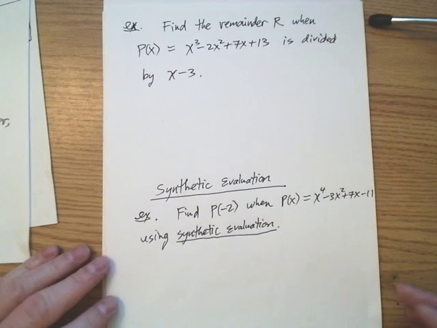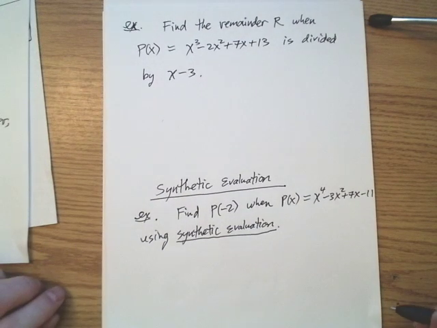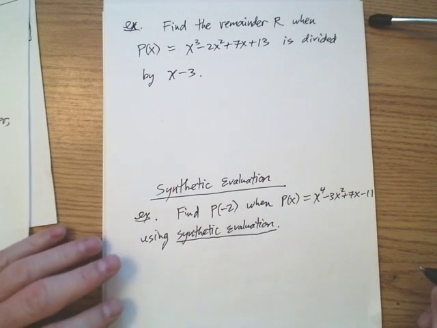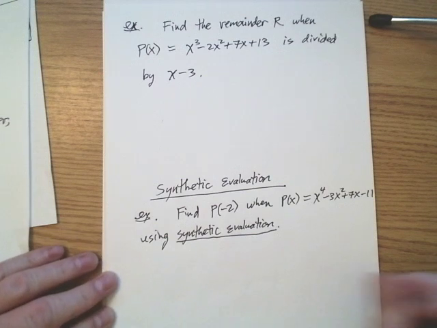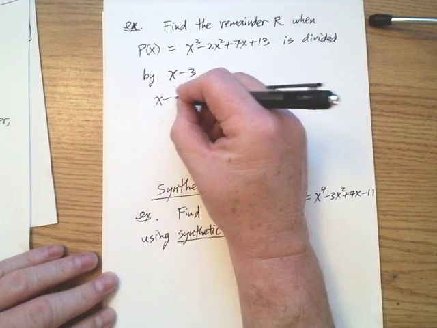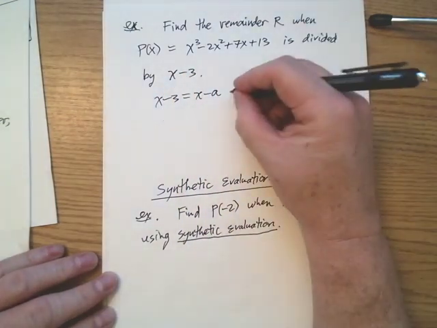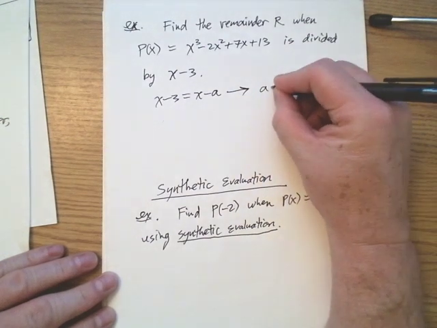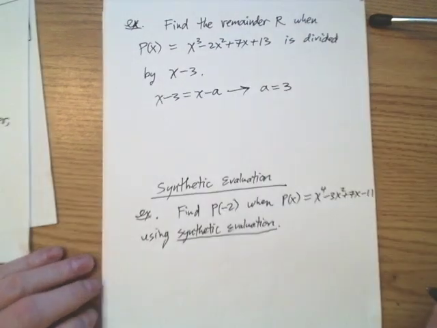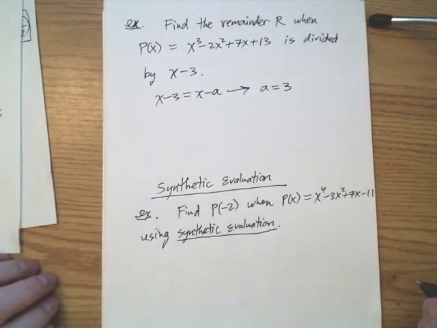Find the remainder r when p of x equals blah, blah, blah is divided by x minus 3. Now, the first thing you want to do here is recall that the x minus 3 should be what? Your x minus a. That would imply that a, I think you can see, is 3. Now, if I'm just looking for the remainder,